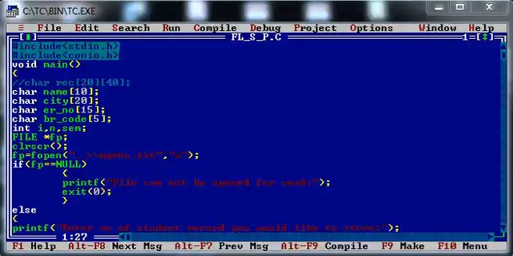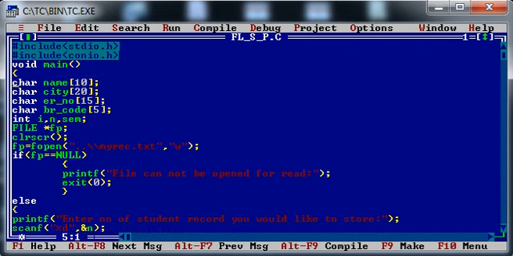So let us try to understand the fscanf function and the fprintf function. We have already explained string related similar functions in my earlier video lectures. The same thing I'm going to use over here. See, I have taken a few attributes of the student entity: the name of the student, city of the student, enrollment number of the student, branch code of the student, and the semester of a student.